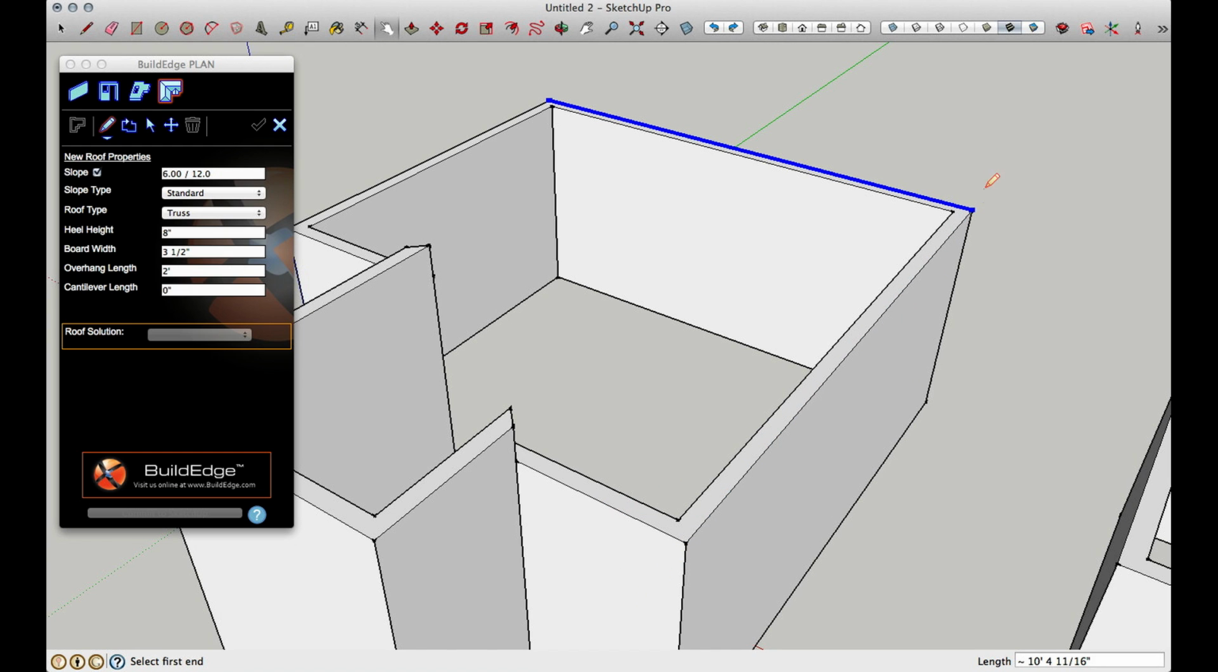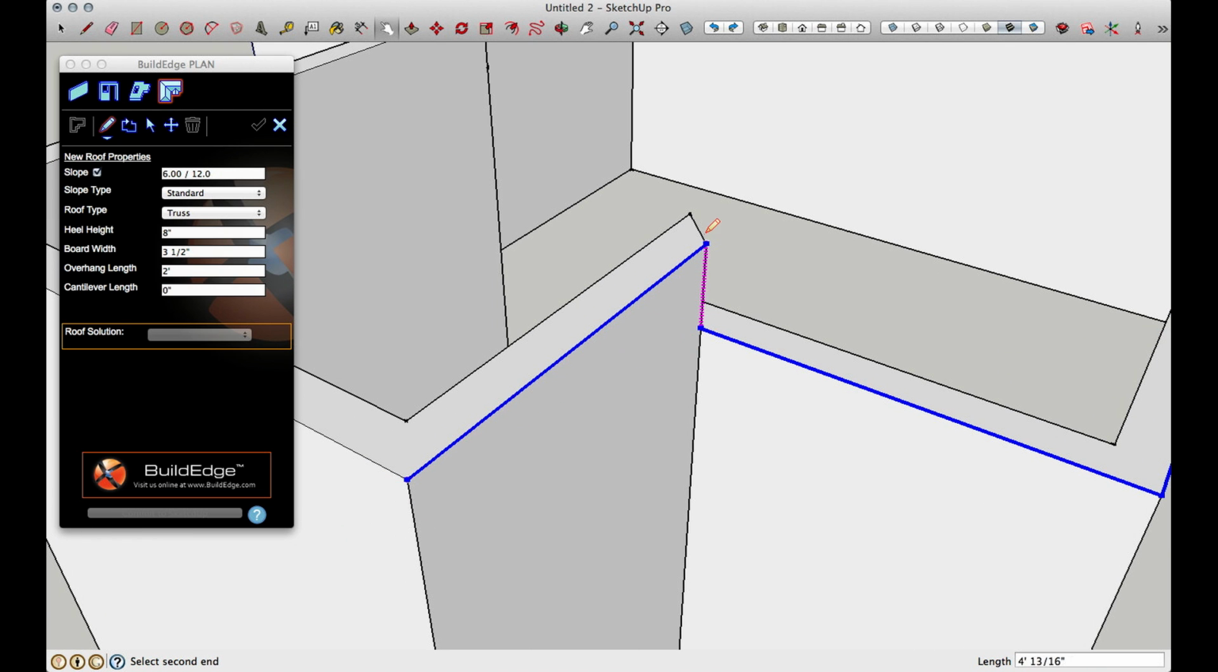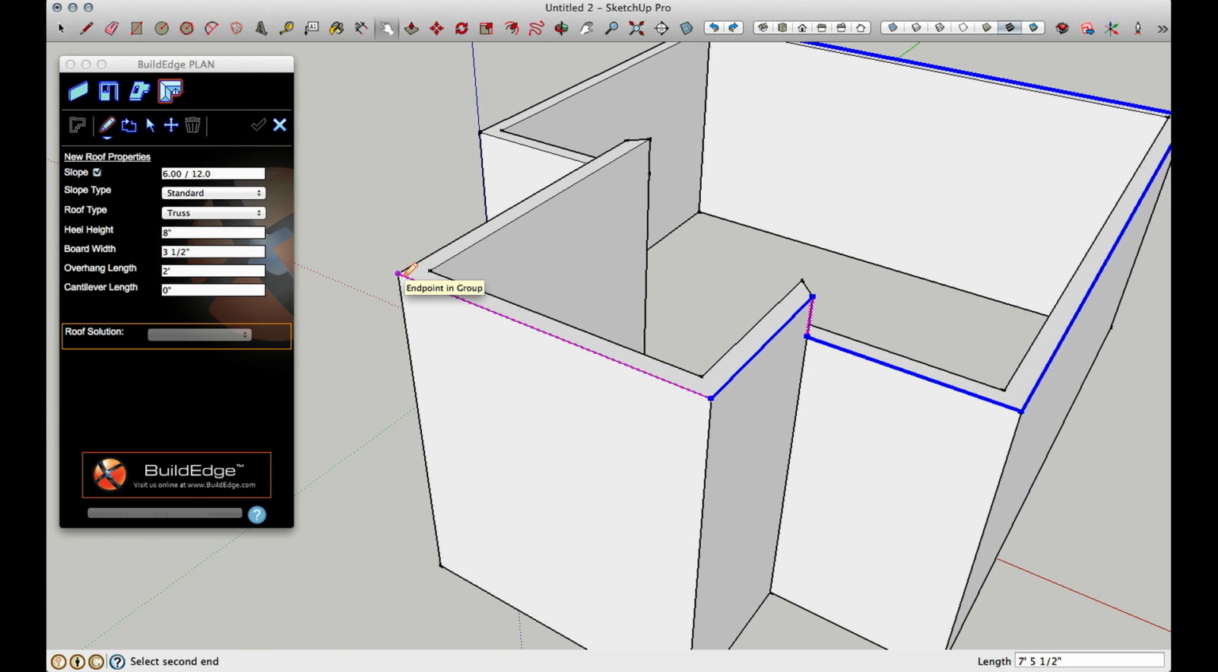I'm going to undo a couple of those, and I'm going to continue clicking around here. Right here I have a change in height of the walls. If I just come and click down on this end, it's going to know there's a wall change there, a change in height, so it's going to automatically jump up to this taller height. I get a little pink dotted line representing a shift in the baseline here to this line up here. So I keep clicking around, click here,